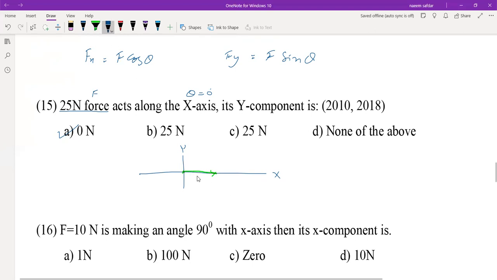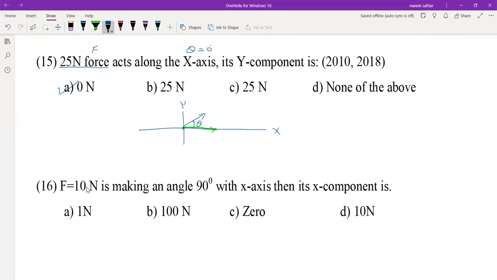हमारे पास दोनों कंपोनेंट कब एग्जिस्ट करते हैं? जब कोई वेक्टर एंगल बना रहा होगा, तब fx और fy दोनों एग्जिस्ट करते हैं. तो इस एमसीक्यू में कहा जा रहा है कि 25 न्यूटन फोर्स एक्स अलोंग द एक्स एक्सिस, ये फोर्स तो है लेकिन सिर्फ एक्स एक्सिस पर है. इट्स वाई कंपोनेंट, उसका वाई कंपोनेंट होगा 0 न्यूटन. 2010 और 2018 दो बार ये एमसीक्यू एग्जाम में पूछा जा चुका है. नेक्स्ट एमसीक्यू